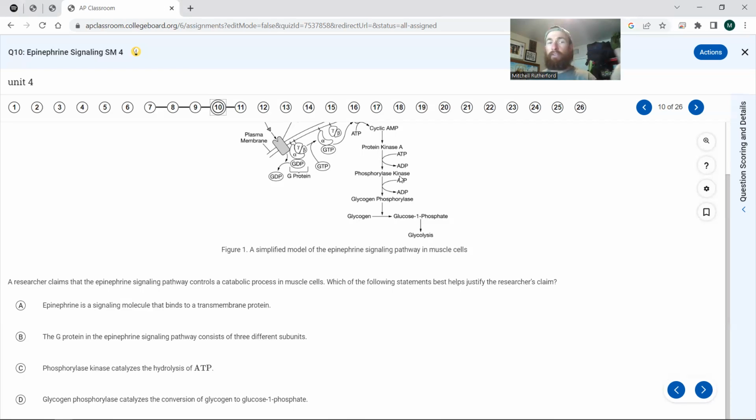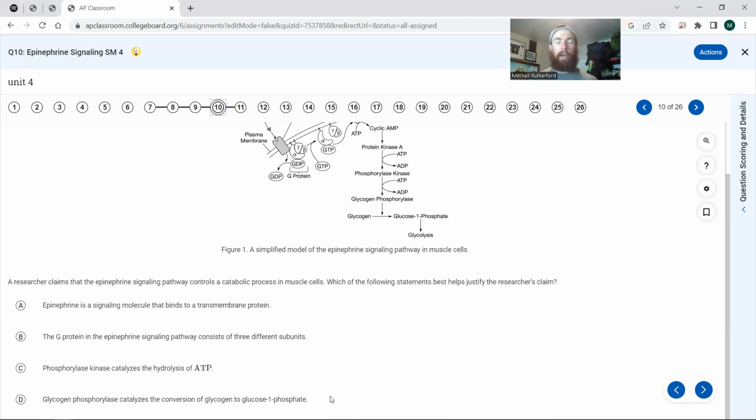Phosphorylase kinase is just a part of this cascade, a part of this pathway. It's not actually the initiator. It's not the point. It's not the product. So I don't like that either. And then our final one, glycogen phosphorylase, right there, catalyzes the conversion of glycogen to glucose 1-phosphate. Ooh,